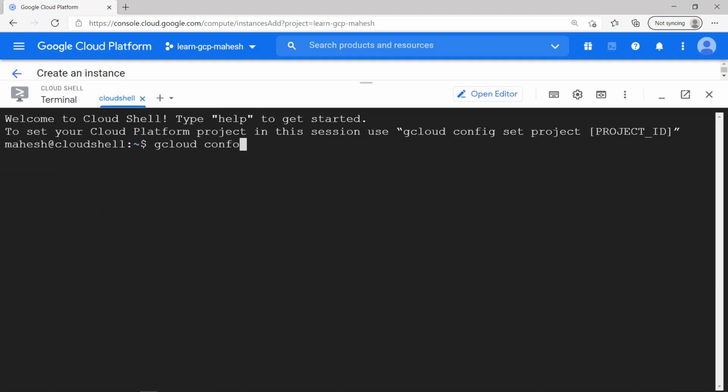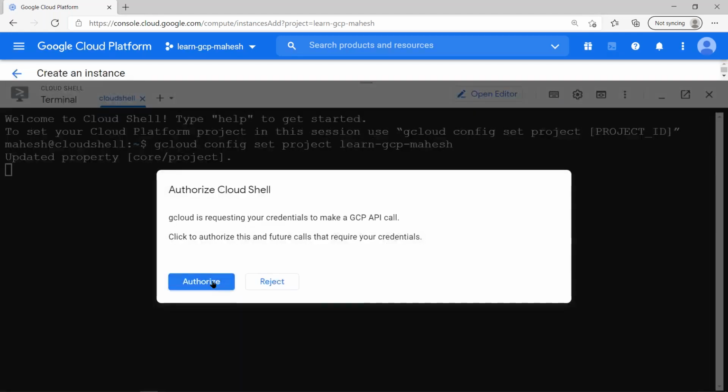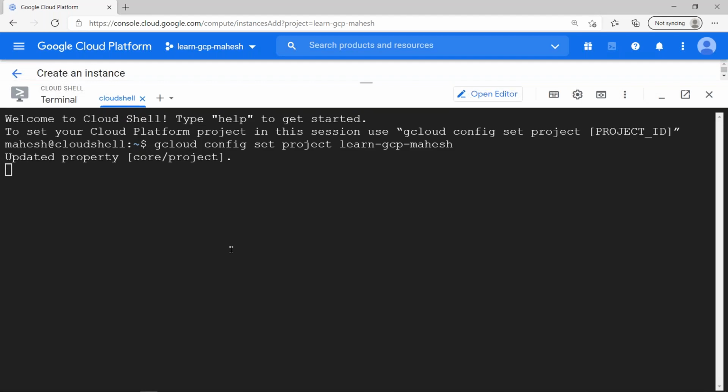What I'll do is something like this. Gcloud first, let me set the project. gcloud config set project learn GCP. Let me just finish this. Now the project is set. Whatever I do now is going to be in the Learn GCP Mahesh project. Afterwards, what I will do is